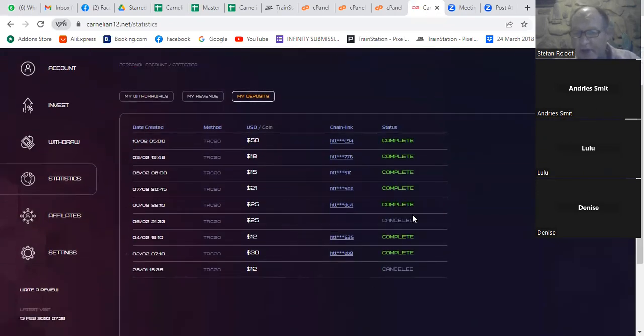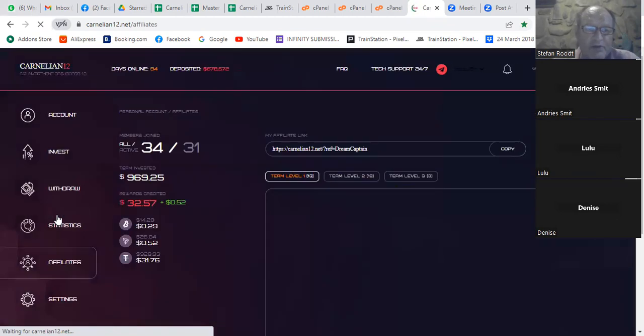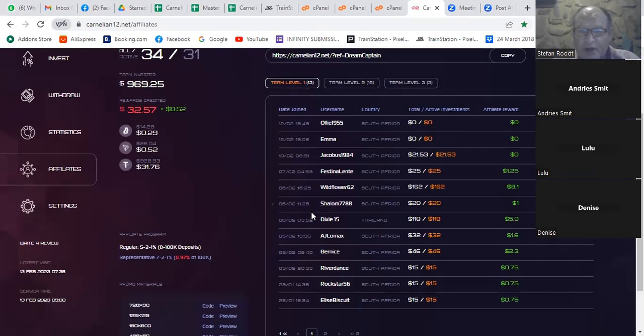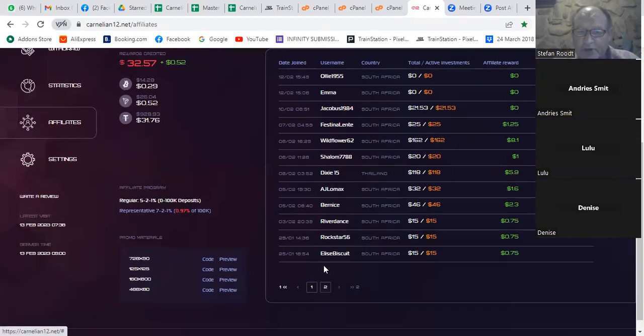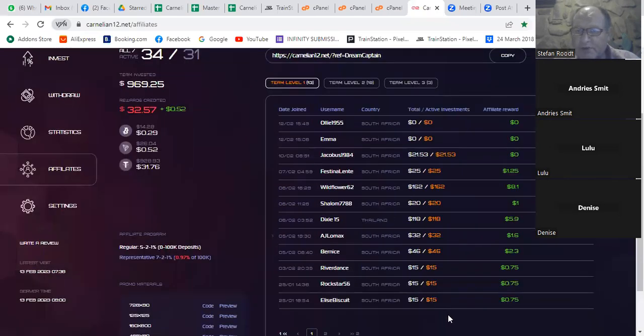You can see there in the beginning, I made some mistakes with timing and things, but there's all 7 of them. If you go to affiliates, all the people that you invite, you can see them as well. Now I've got 13. They go to 2 pages from the oldest to the newest. It tells you how much money they've put in. It tells you also